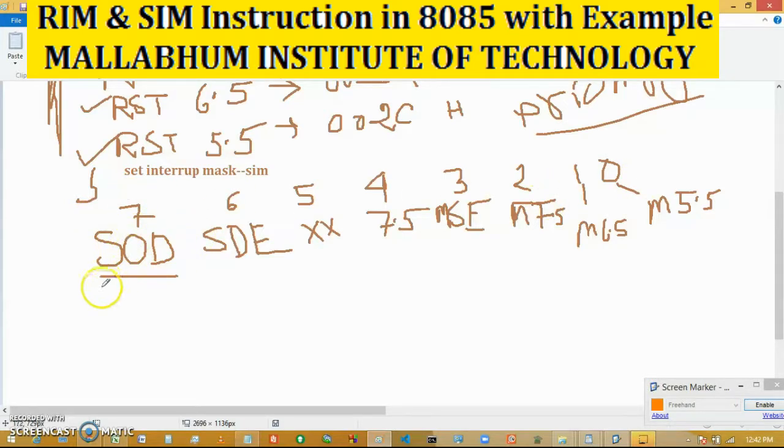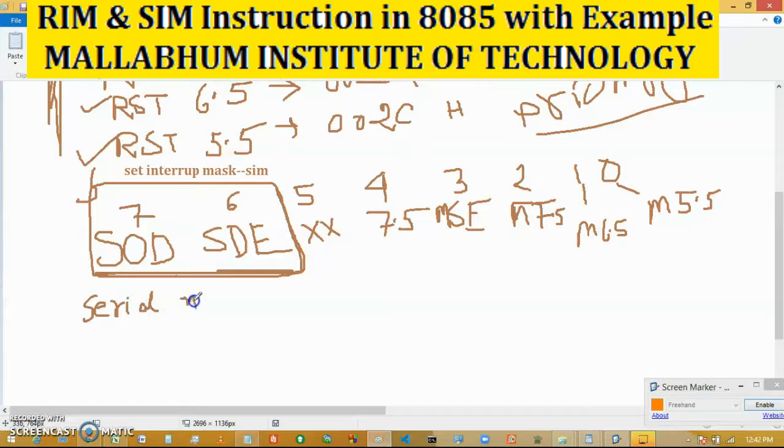Now this part is for the serial communication purpose. I am ignoring the serial output data and serial data in for now. If your microprocessor is going to execute in the serial communication mode, these 2 bits are going to be used. So we are concerned only with